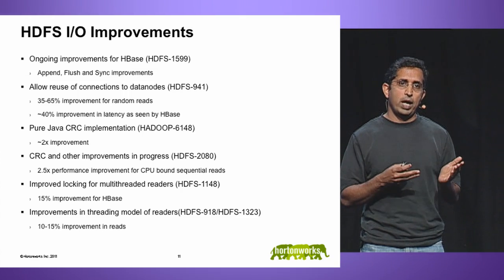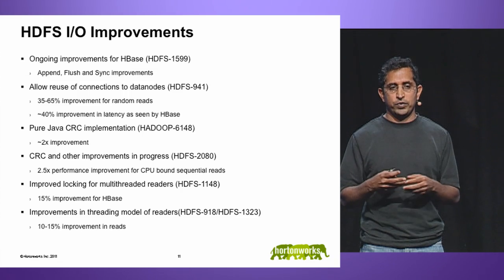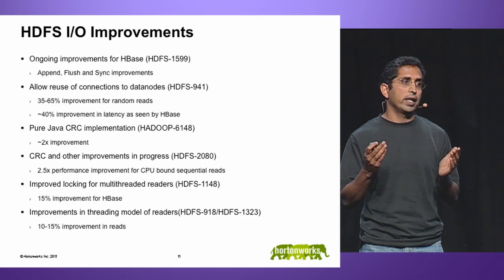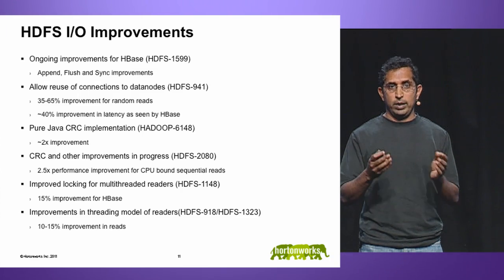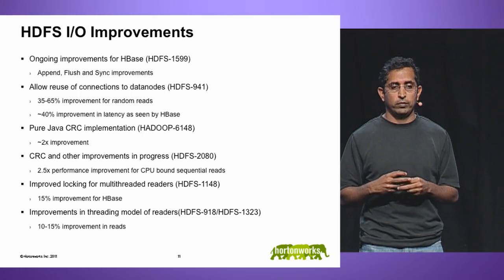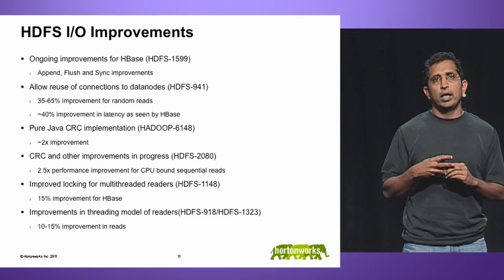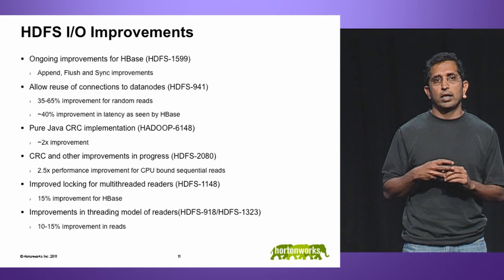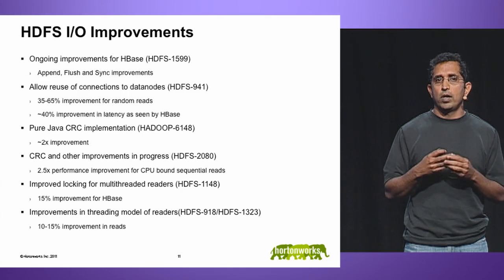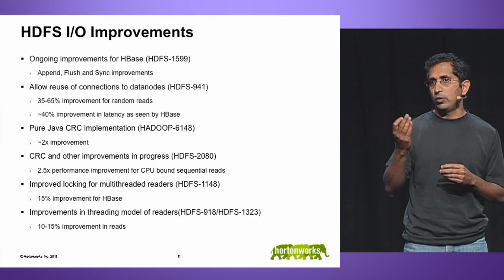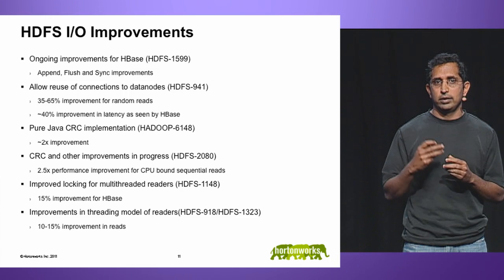So the new append implemented flush, sync, and I think HBase would greatly benefit out of this more stable version of these features. We have also been optimizing the I/O for HBase usage. There's a lot of good work that is done by Todd, Nathan, Kival